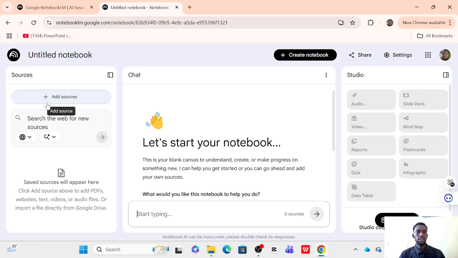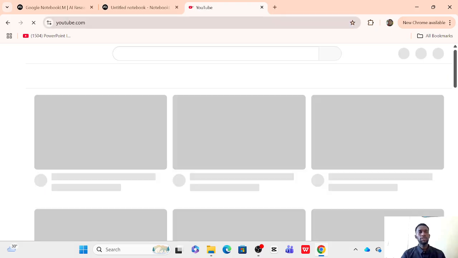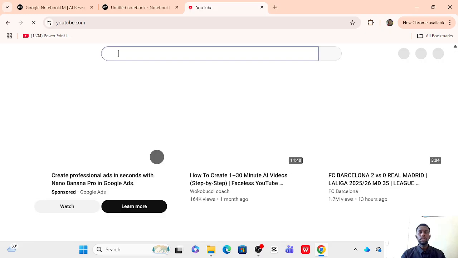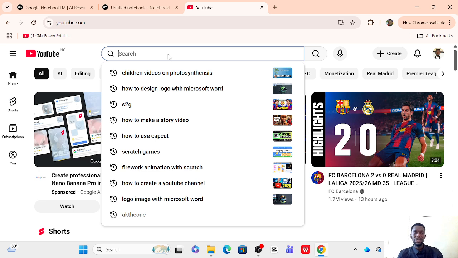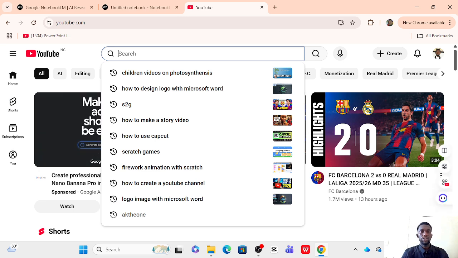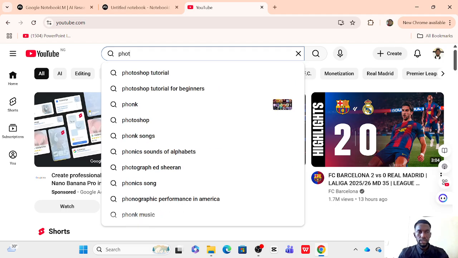In this add sources, before I click on it, let's say I'm a science teacher, I want to teach the topic photosynthesis. The first place I might decide to go is my YouTube. I need videos of photosynthesis. That is one advantage of NotebookLM. You can insert videos and it will convert them to text. It will analyze the video and get the main points and convert it to text that you can use in your class. So let's say photosynthesis